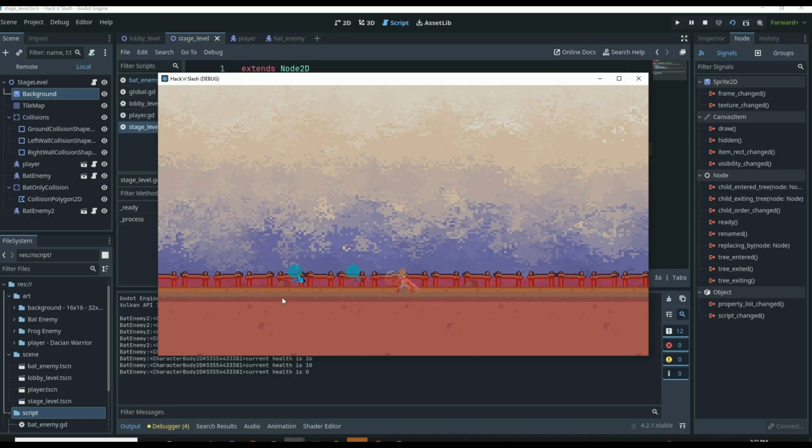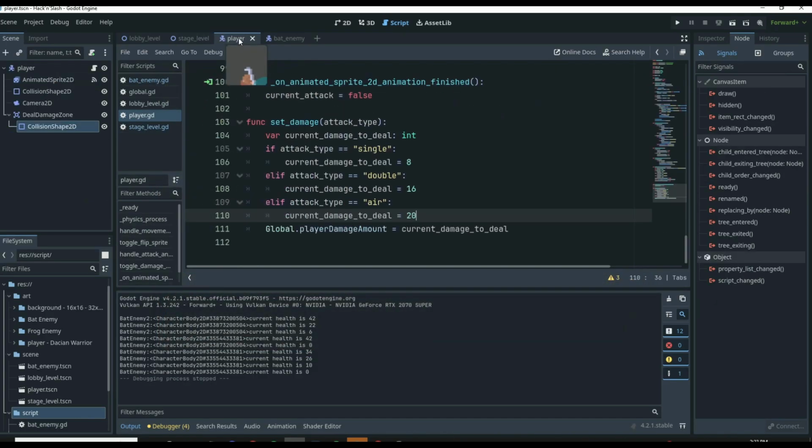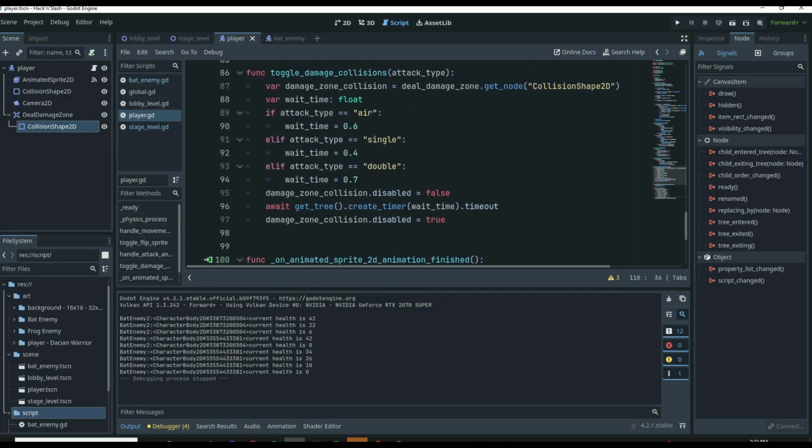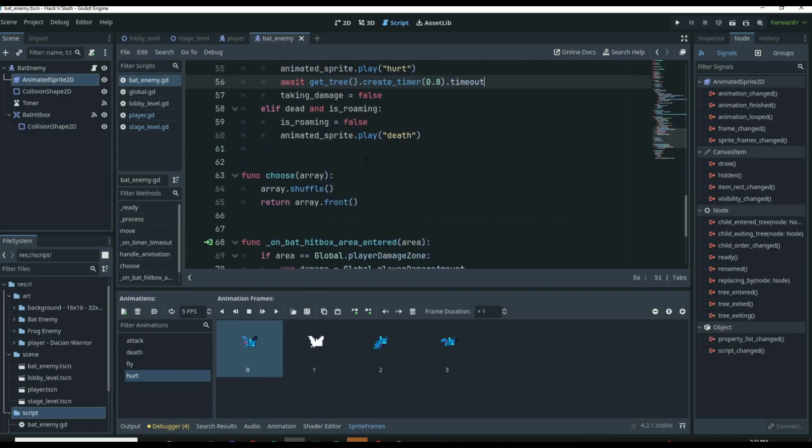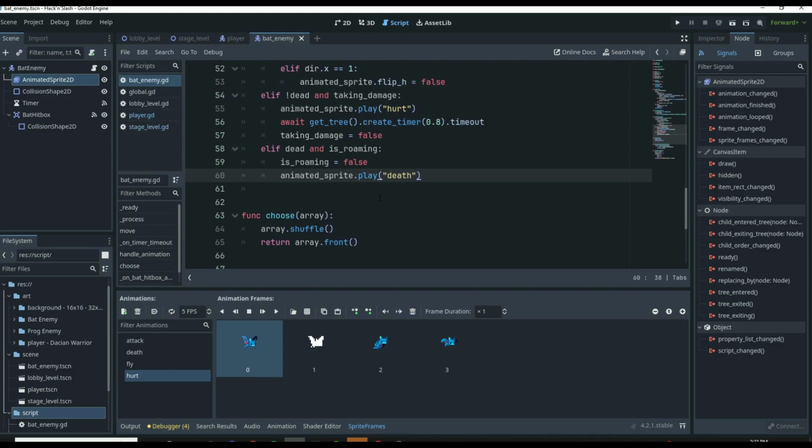And then you're going to see that they're going to sit here. That's because these collisions are still interacting with the polygon, with the bat-only collision. So to change that, we can actually change the collisions completely based on the death animation. So if we go back to our bat, and we say, okay, if we have to play the death animation, that means the bat is dead. So we can set some collision layers. We can say set collision